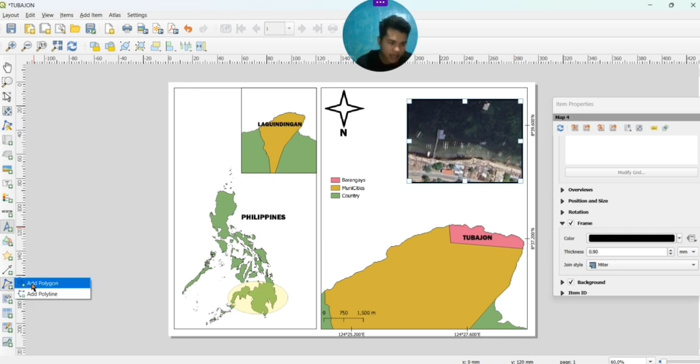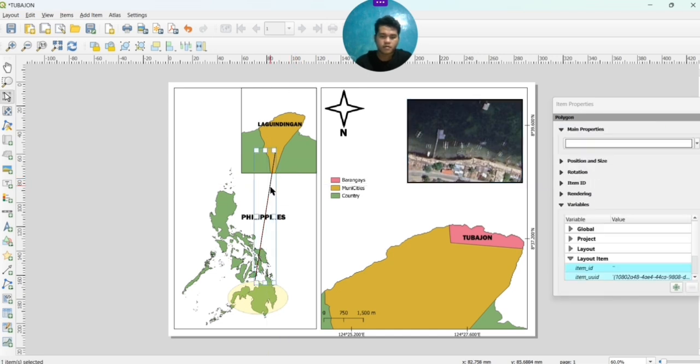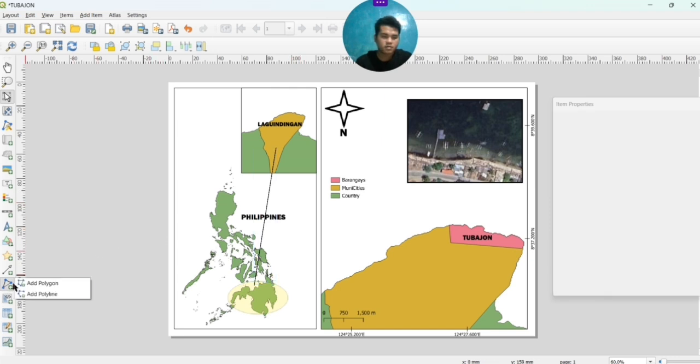Then I want to have some lines where we can connect those maps. We'll have this add polygon. So this will have the lines on it. Just click mouse one and drag the map, stretch it, then leave it, and connect it. Right click it so that it will stop the continuation of the line, then add again.